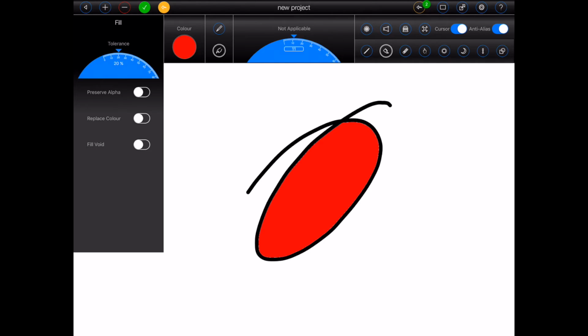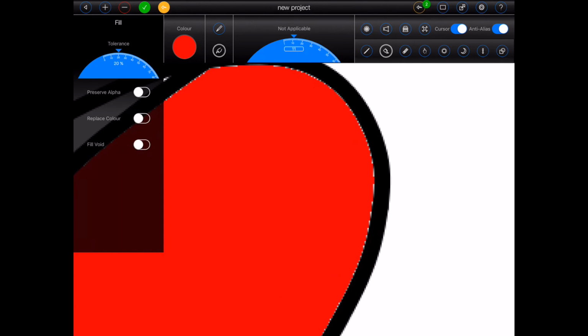Now the result looks pretty good, but if I zoom in on the image, we can see that some of the pixels look like they haven't been filled. That's because the edges of the black loop were anti-aliased. In other words, Animation Pro had added extra translucent pixels to smooth out the edges of the black line. These pixels weren't filled because we had asked Animation Pro to replace clear pixels with red pixels and had only given that operation 20% tolerance.